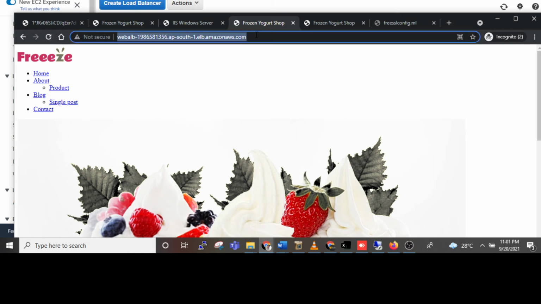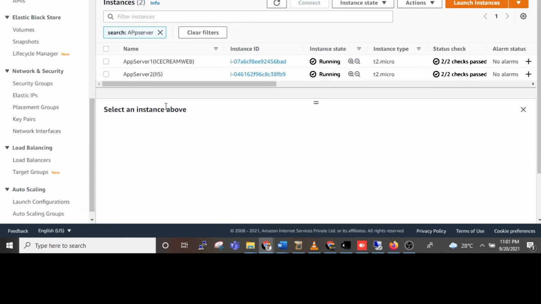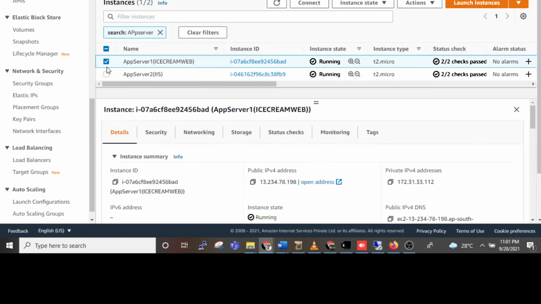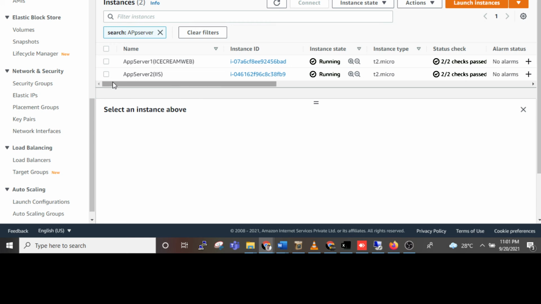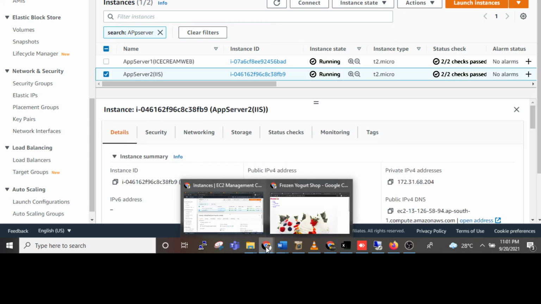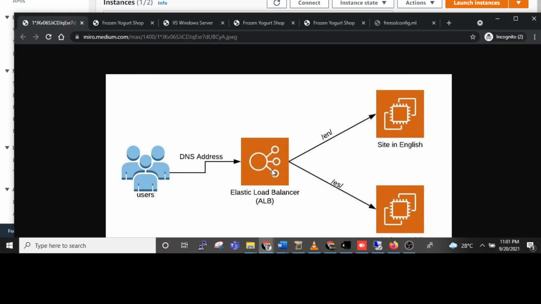The primary and secondary, these two instances, are working right now. As per our architecture, these instances are the backend of our application load balancer. Suppose this instance goes down, all the traffic coming from Route 53 will go to the secondary instance, so don't worry.